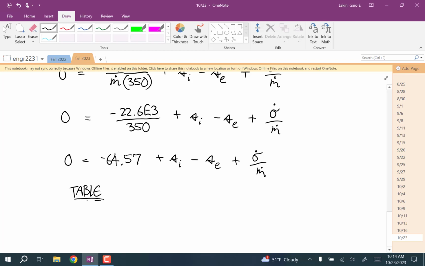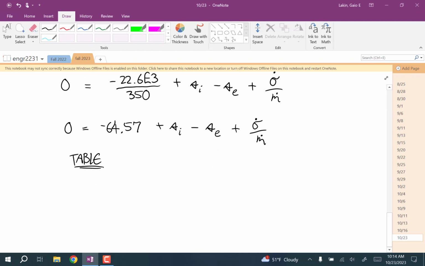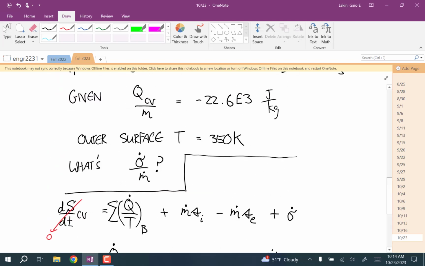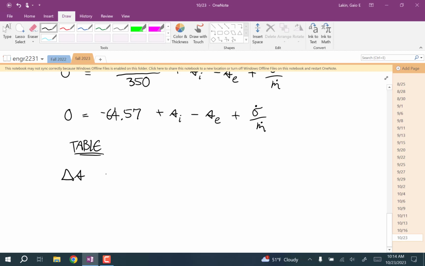Okay, so there's the table. But also for an ideal gas, we have that the change in specific entropy, if you don't have too big of a temperature range, and what's the temperature? Well, that's a pretty big temperature range. So you could do this is equal to